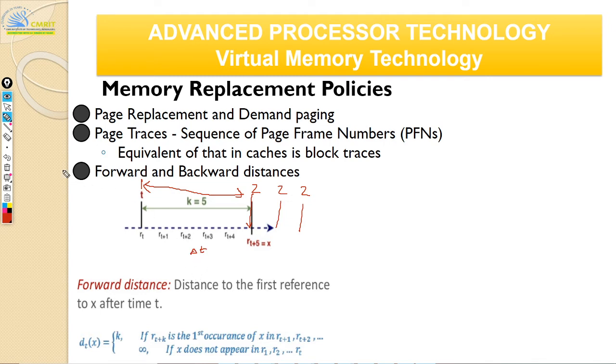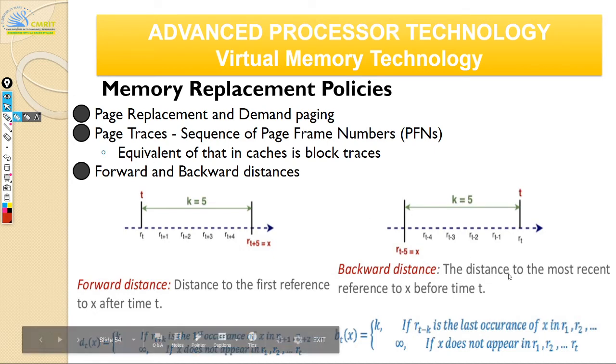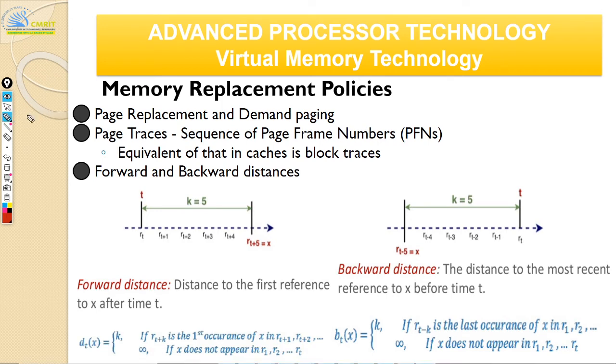distance. It's called the forward distance. And similarly, you have a backward distance. It's just the reverse of that, right? So you will just find the distance to the most recent reference to x. So let us say again we'll pick number 2. If you have multiple references of page 2, you're going to take the most recent reference of 2 from the current time. Okay, you look into the past. So your backward reference is the past reference and the forward reference is your future reference.